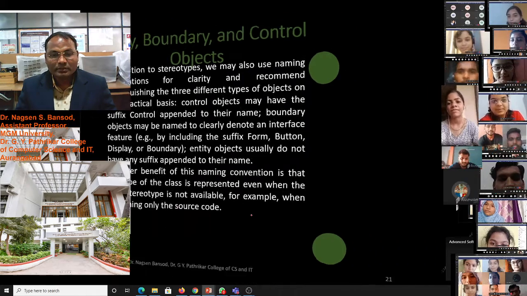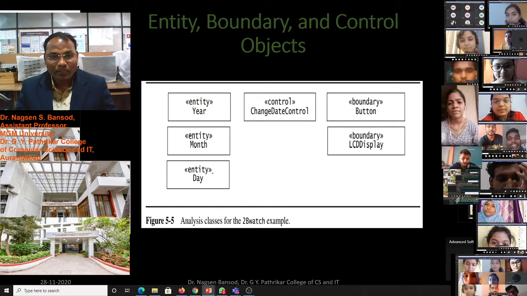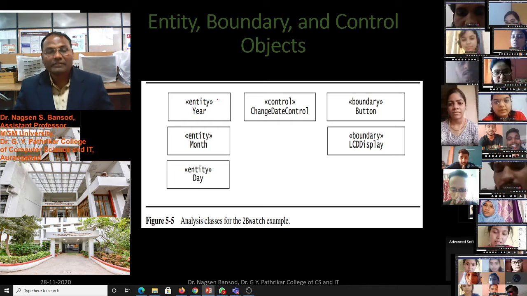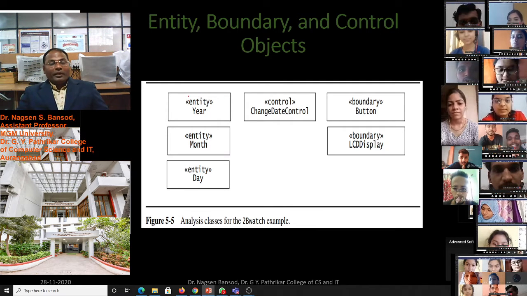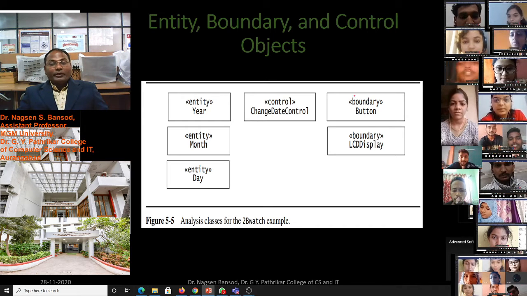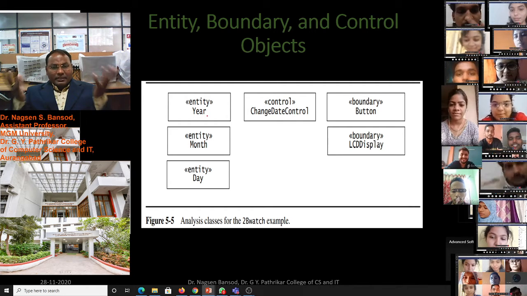You see the figure: year, entity, then control and boundary. These are the three analysis models: entity model, control model and boundary model. Year, month and date are the entity model.